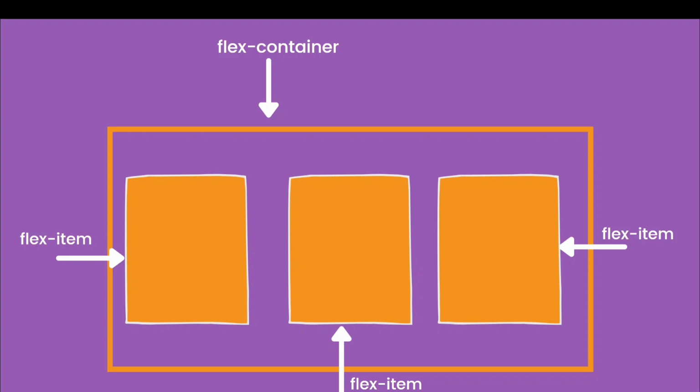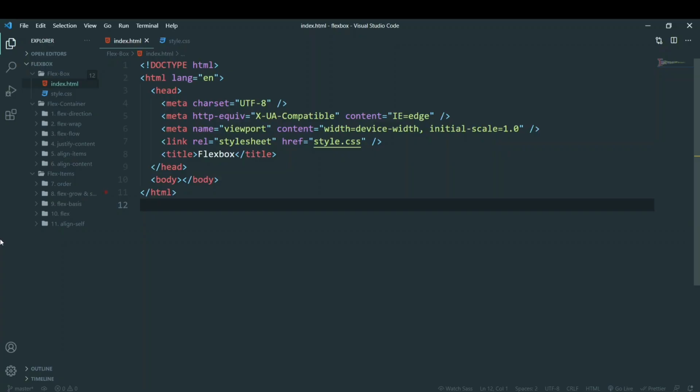Now let's move to our code editor. Now we have opened up our code editor, and the code that I have written here has been divided in the way that we are going to see through this crash course on Flexbox. First, we have this Flexbox folder where I have just 2 files, and here we are going to see how we can start implementing Flexbox.